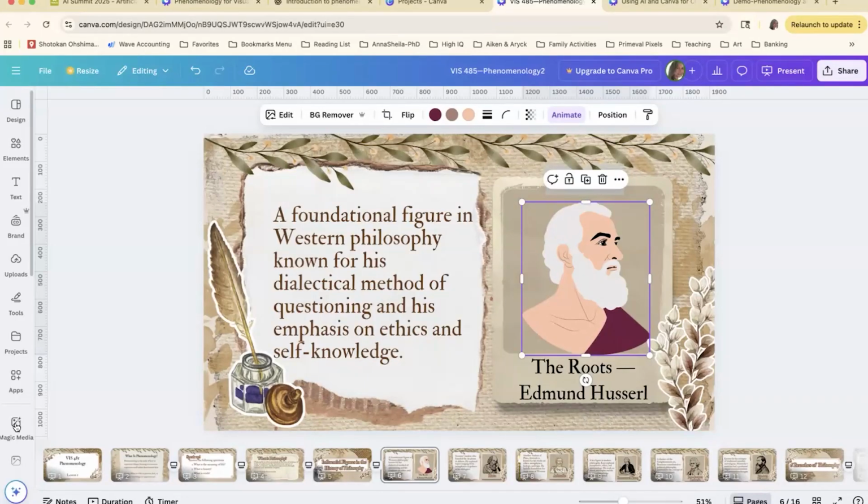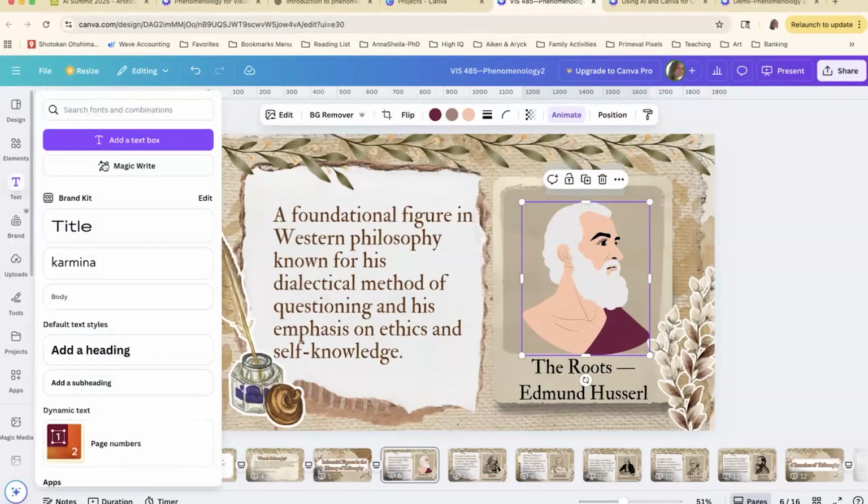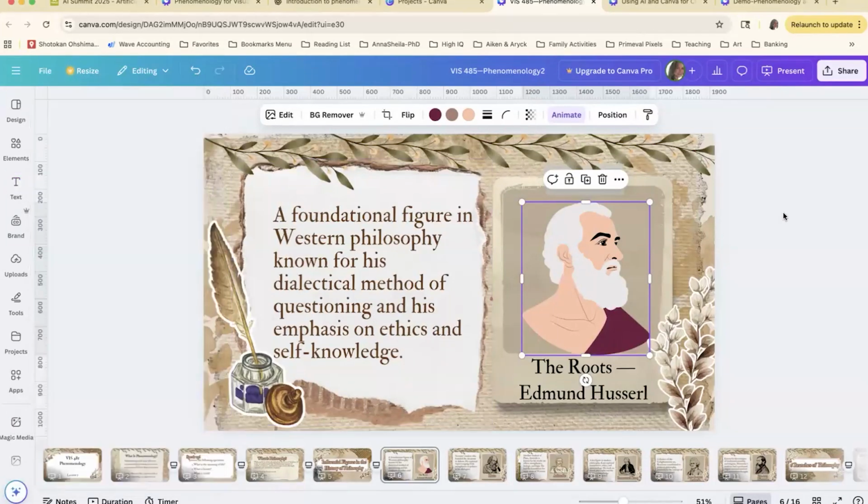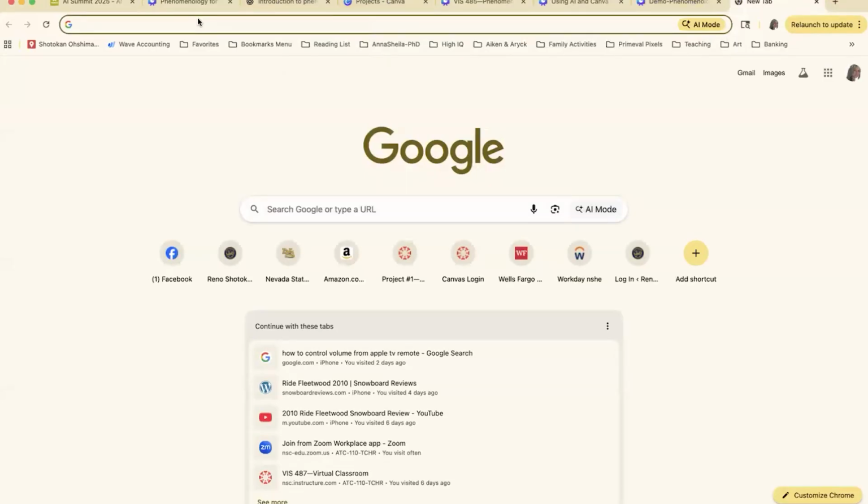Magic Media is their generative AI, by the way, for graphics and for pictures. There's the generative AI for text that I showed you before, Magic Write, but they also have Magic Media for photos or graphics. But you have to be careful in using Magic Media because it's not meant to reproduce exactly something specific. So if you want Edmund Husserl himself or a picture of a person, you might as well just search online and search for